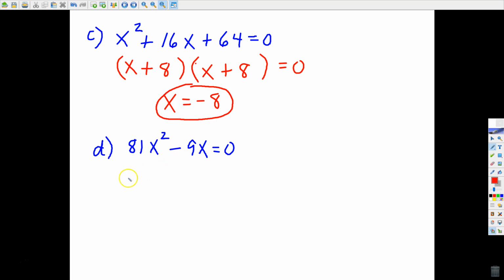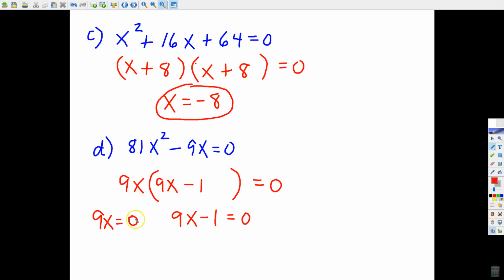There is a GCF. It's 9x. All right, the other factor will be 9x minus 1. We just divided the GCF into both of these. Okay, this is the factored form. Now let each of your factors equal 0